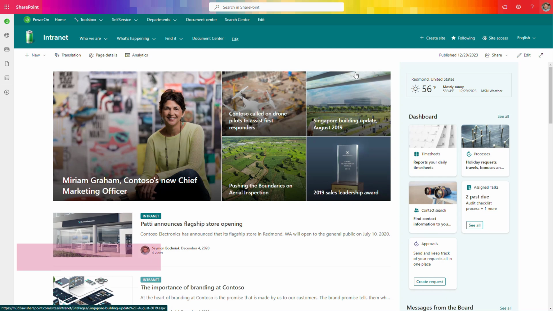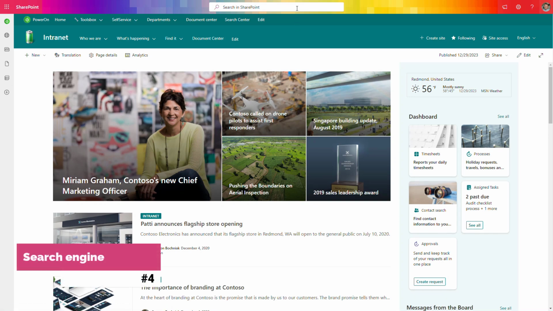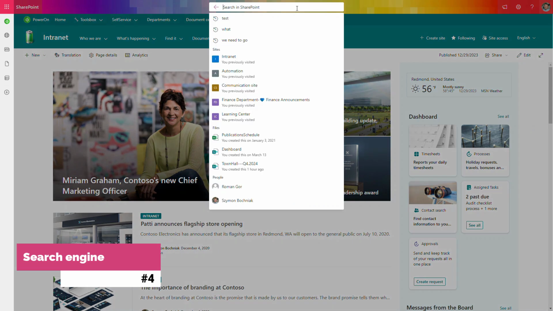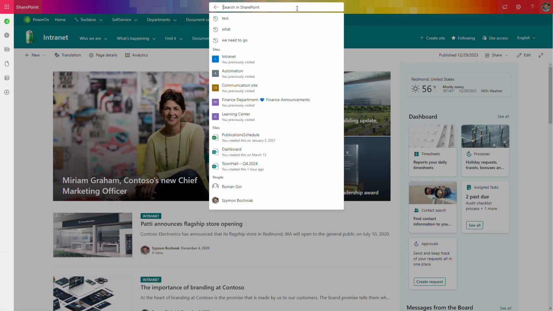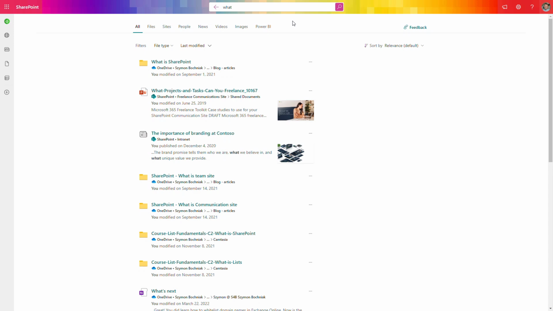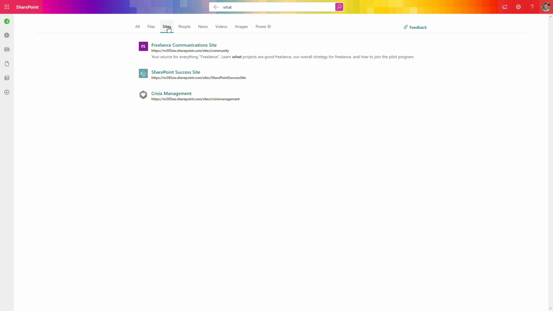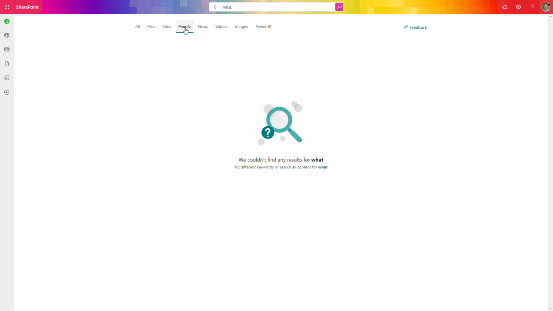The fourth feature I would like to highlight that you should promote as a part of your intranet portal is the search engine. So the possibility to use full text search across the whole platform, which allows your users, and shows them the value, that if they move to the intranet portal, they will have the possibility to search across multiple files, multiple communication channels using the search engine. This will give the possibility to go through the files in OneDrive, in SharePoint, sites across the whole intranet portal, search for people,